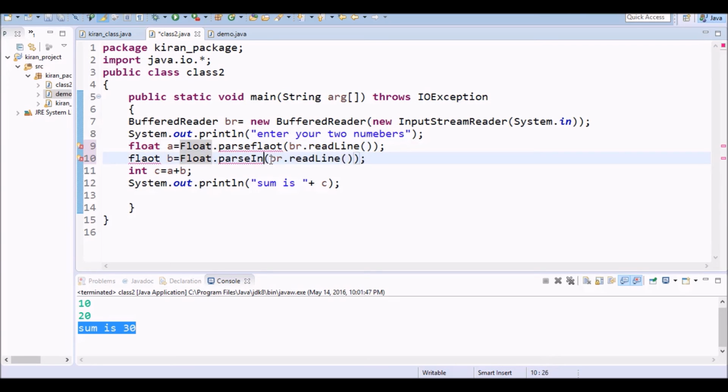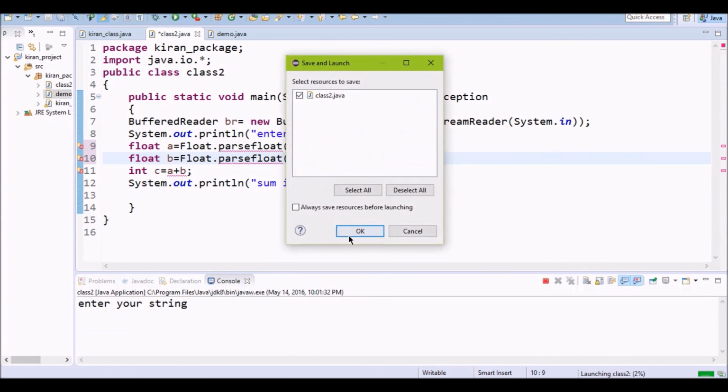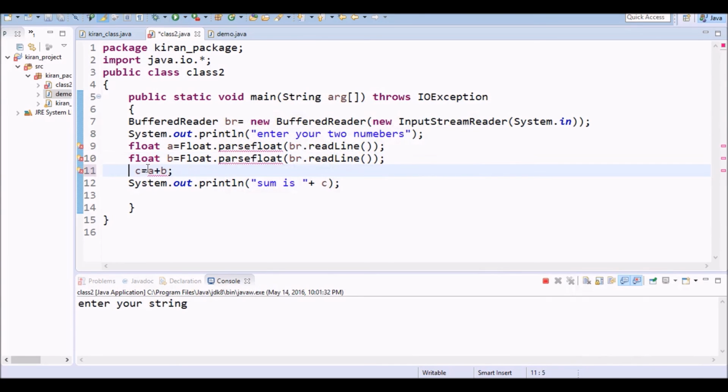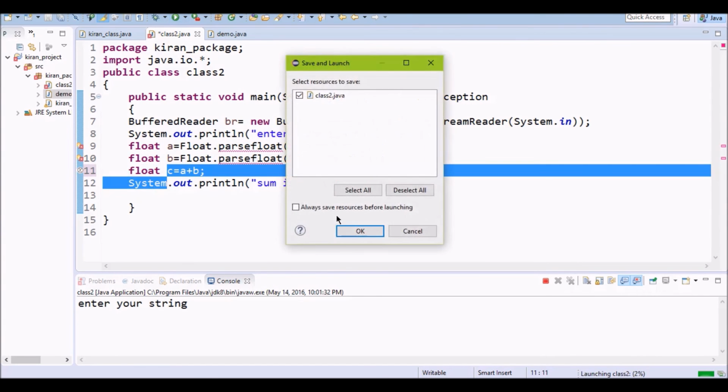Float.parseFloat. Sum is here. Okay. Now we will execute it. Sorry. So this is also float. Now we will execute it.